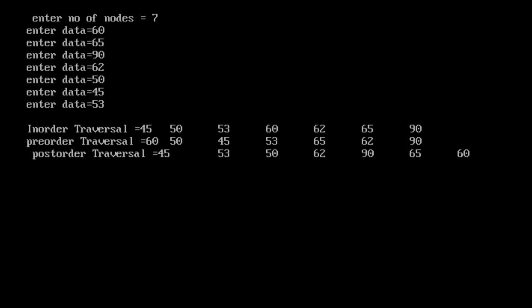And in pre-order, the root node is at the first position. So 60 is the first data, so it becomes the root node at the first location. See, in pre-order traversal 60 is at the first position, and in post-order 60 is at the last position. So this is the output of the program. Try this program at your home and practice it. Thank you.